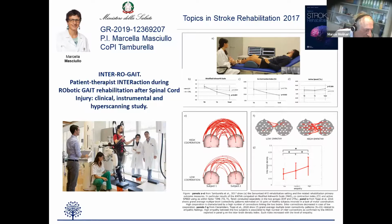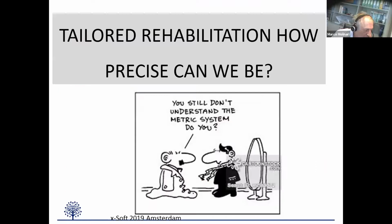and try to figure out how this triad of robotics, physiotherapists, and patients can really be improved, providing directly protocols of use for the different technologies. So tailored rehabilitation is exactly where we have to go. How precise we can be is really an open question, but we have to understand which metrics we are going to use and which are the main aspects that we have to focus on, not only directly the movement, but also the involvement of the patient and the involvement of the therapist and the person who applied the